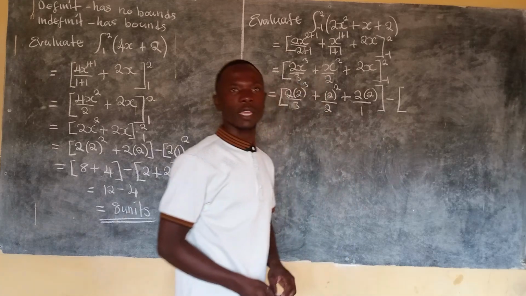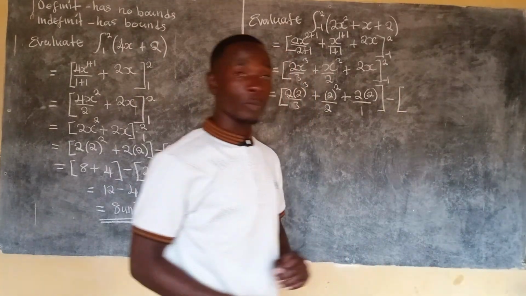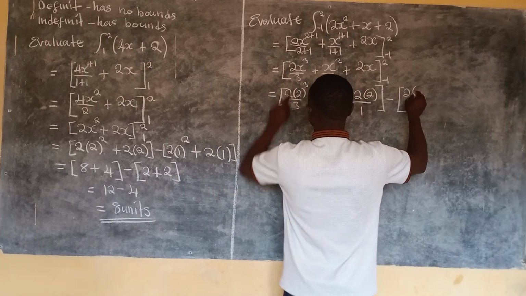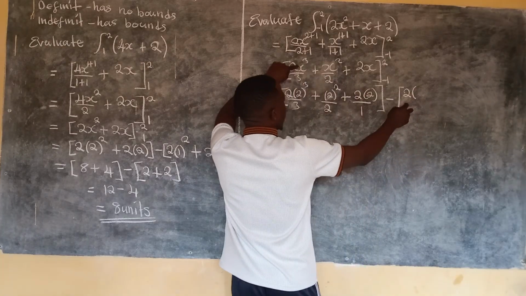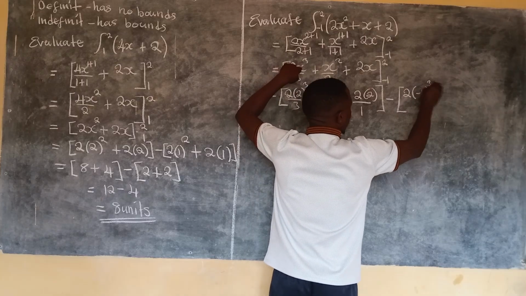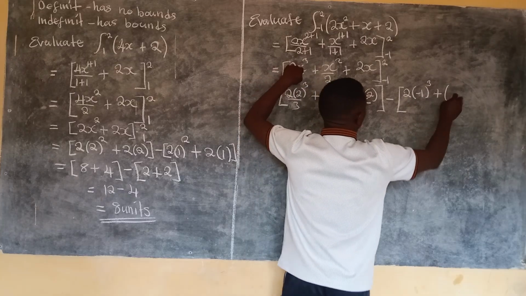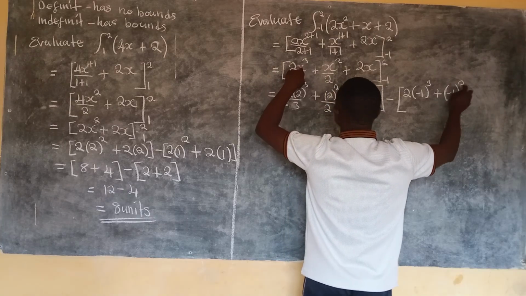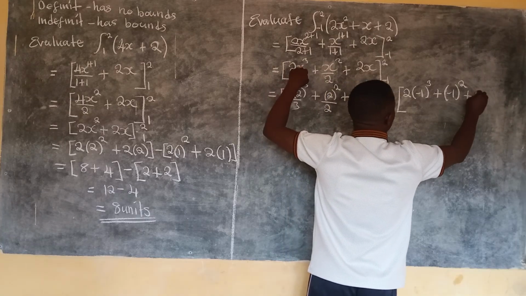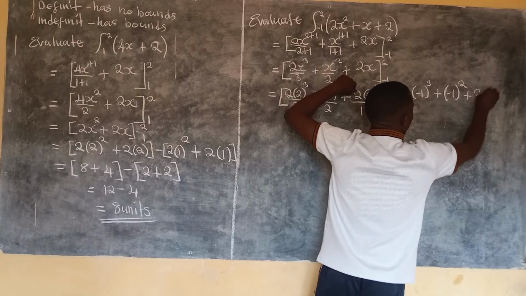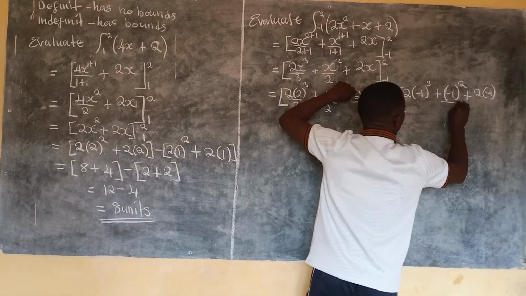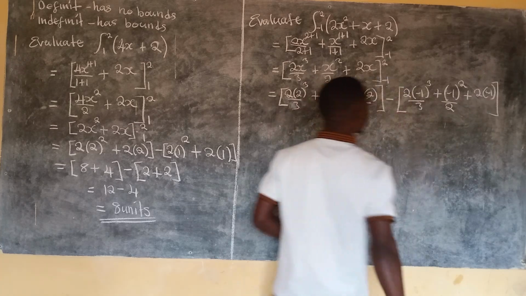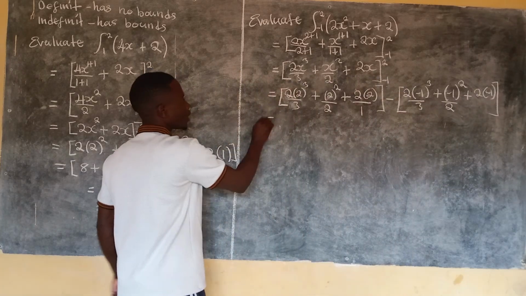Now in the other set of brackets, where there is x, we're going to be replacing with the lower bound. So that will give us 2. What is our x value? -1 raised to the power 3. Then we have a plus. Open, sorry, yes, open -1 close, then raised to the power 2. Here raised to the power 3. Then we have a plus, plus what? 2. Okay. And -1. So here we have over 2. Here we have over 3. Okay, we continue. This is equivalent to